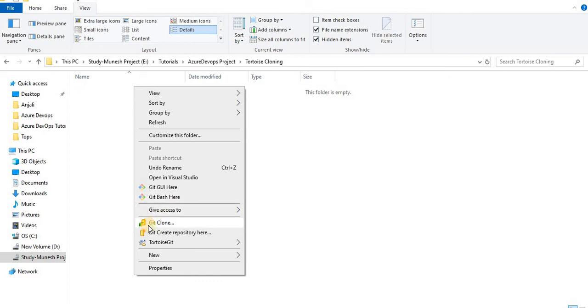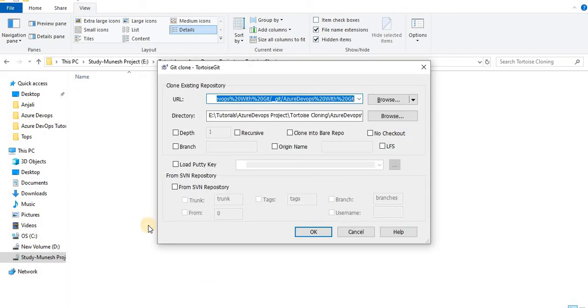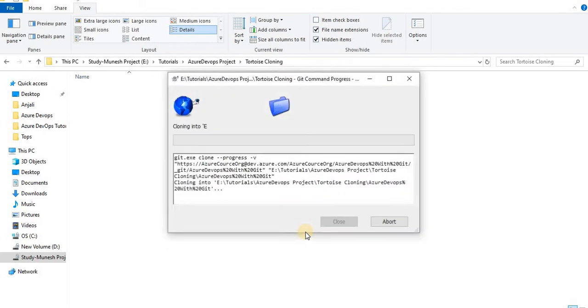So let's right click, and I want to clone it. Click on Git Clone, and here we have to give the repository. Give the repository here, and after that click on OK. In this respective path, it will do the cloning.